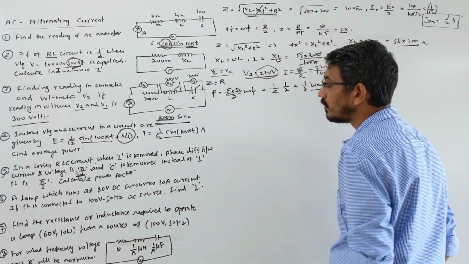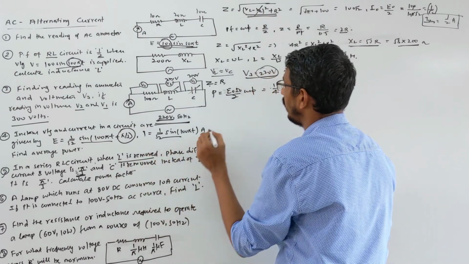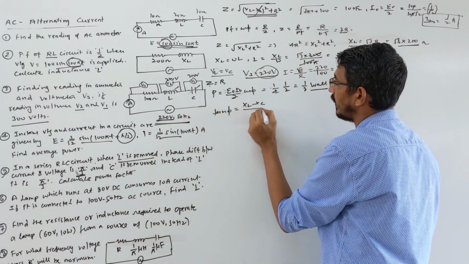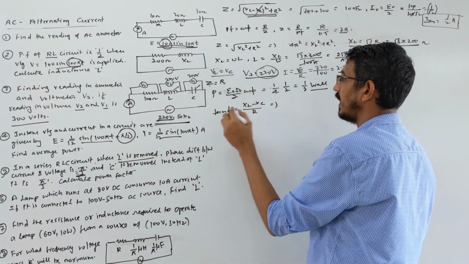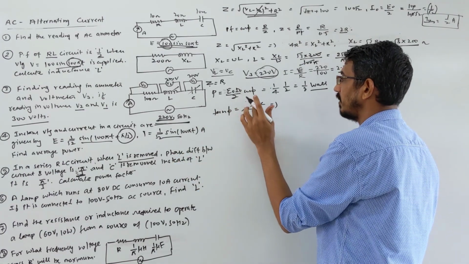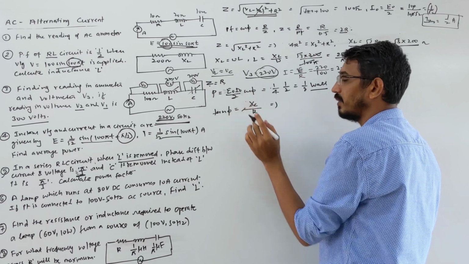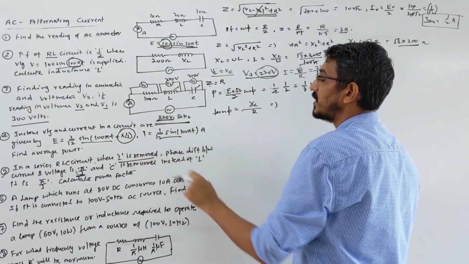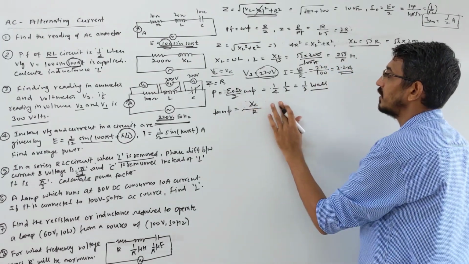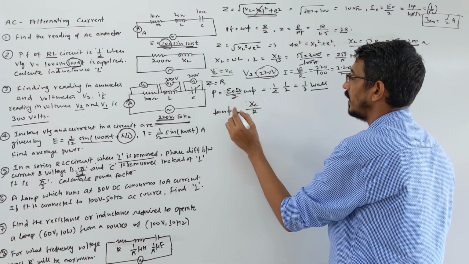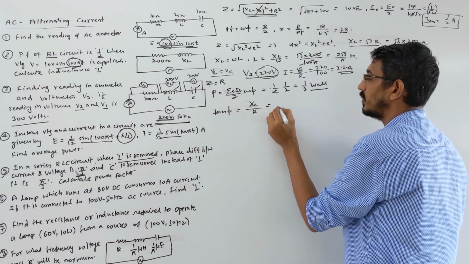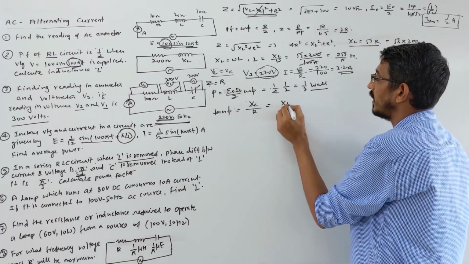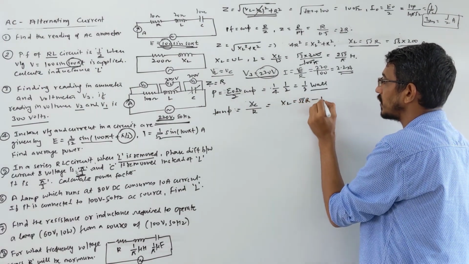So look here. When L is removed, tan phi is XL minus XC by R. In the first case L is removed, no L is there, just XC by R. Numerically, the negative sign, don't worry, I am just writing numerically. Then the phase difference given is pi by 3. So tan pi by 3 is root 3. I am putting tan 60. So XC is simply equal to root 3 times R, equation 1.